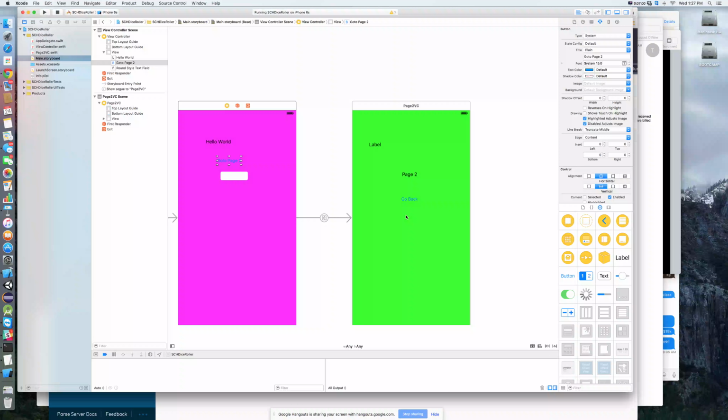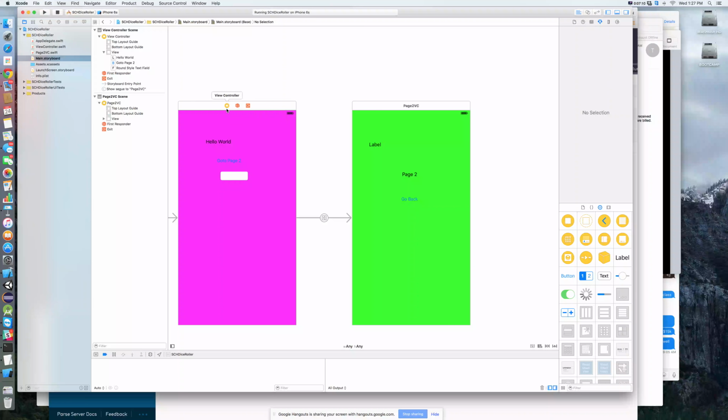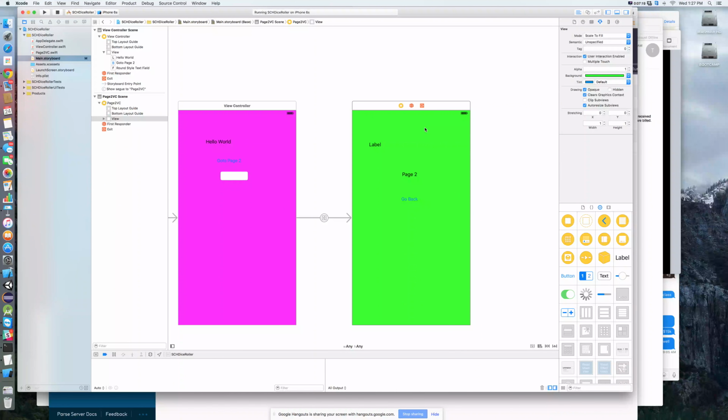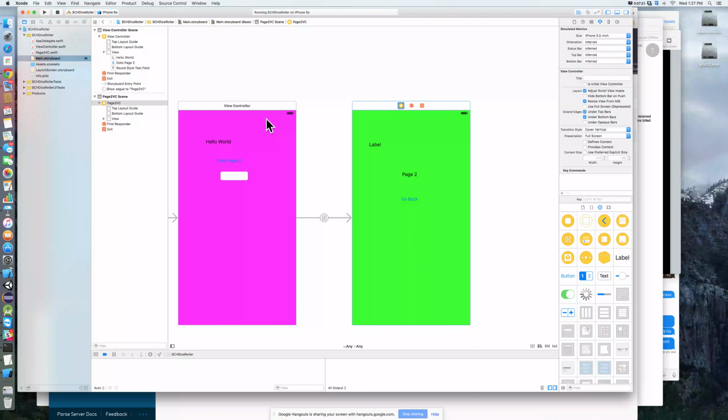All right, so this is the quick and dirty way of getting to a second screen or another screen inside of an iPhone application, but that comes with a side effect. And that side effect is as I am moving from this screen to this screen, I need to have some way of interjecting some information into that second screen. All right, so let's look at what happens